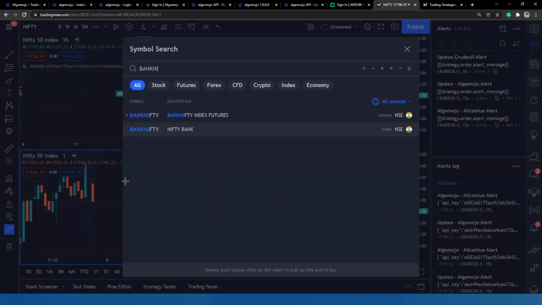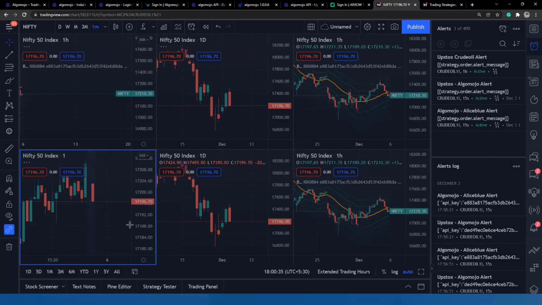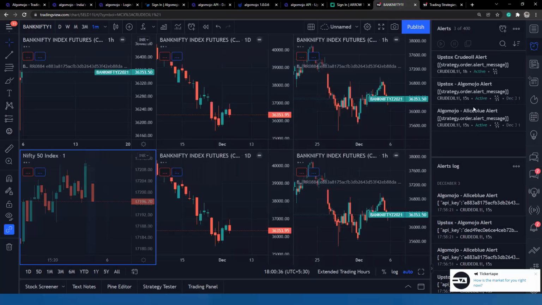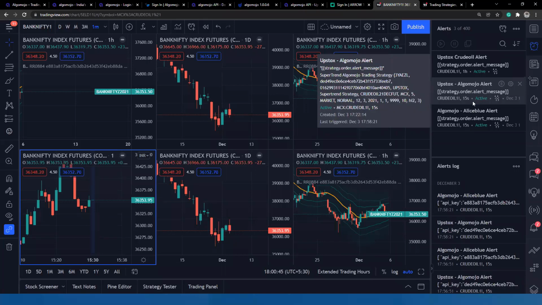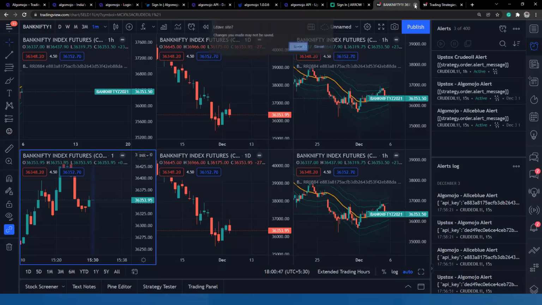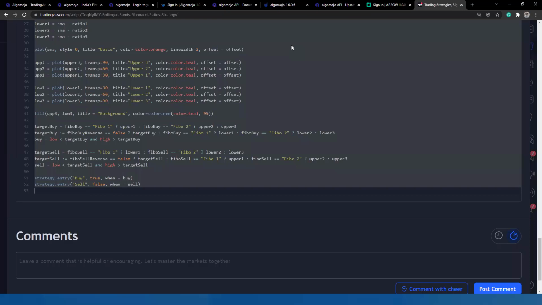But remember, it doesn't matter how many charts you have. What matters is how many alerts you are running for automation. Even if I close TradingView, the alerts will still be running, and once alerts are configured, you don't need to log into TradingView at all, unless you want to change the alerts, delete or recreate them, add more alerts, or add more strategies. Once the setting is done, TradingView always runs in the cloud. You don't need to disturb it at all.